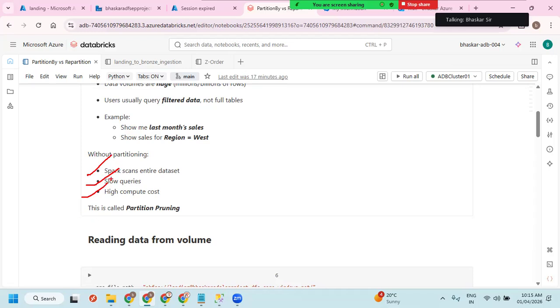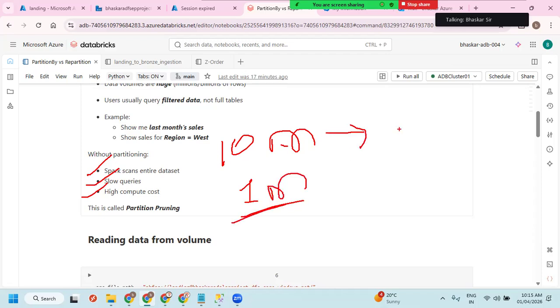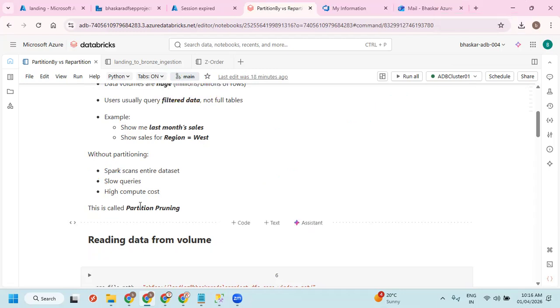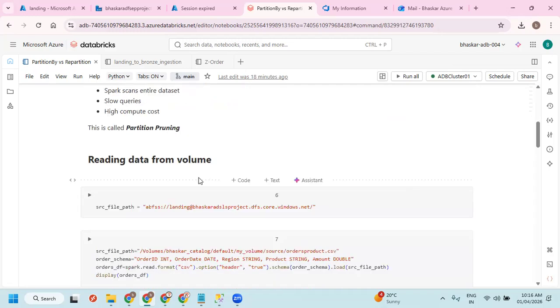we have to spend a lot of time for reading. So automatically Spark is going to cost a little more for your compute. If reading is taking 10 minutes without partition, and if you go with partition it is reading in 1 minute, then without partitioning you're paying for 9 extra minutes, because we are having pay as you go. This kind of thing we can call partition pruning. So we'll see that.